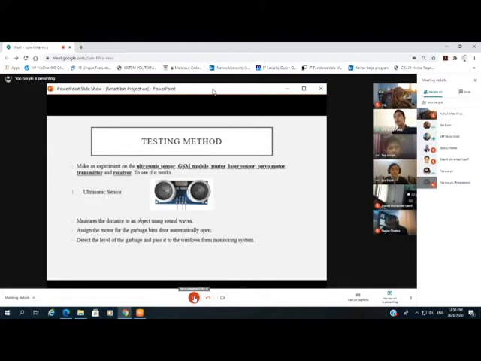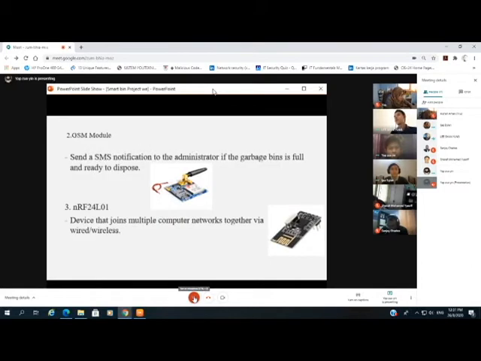Measure the distance to an object using sound waves. Signal the motor for the garbage bin door to open automatically. Detect the level of the garbage and pass it to the Windows monitoring system. Second one, GSM module, sends an SMS notification to the administrator if the garbage bin is full and ready to dispose. Third one,